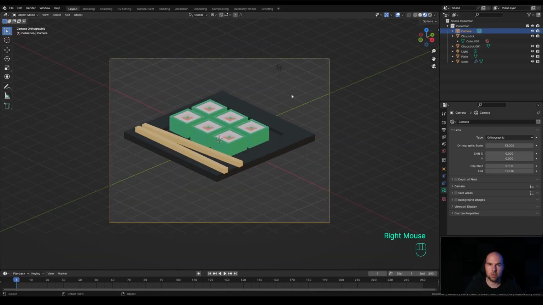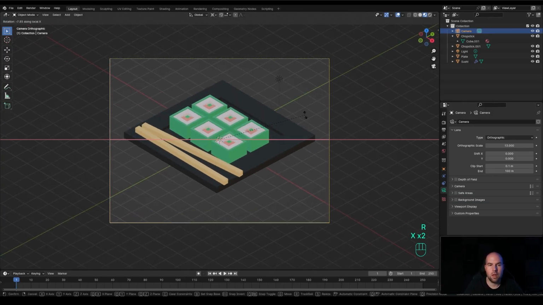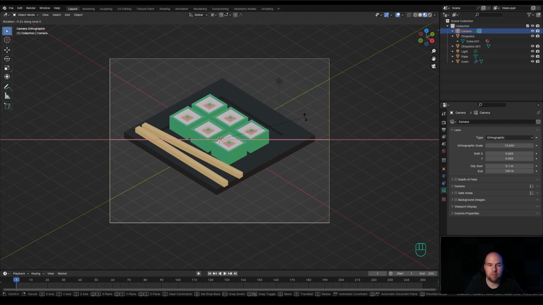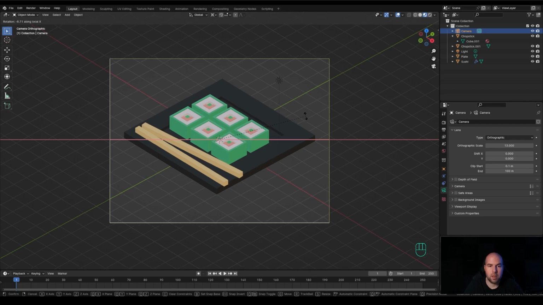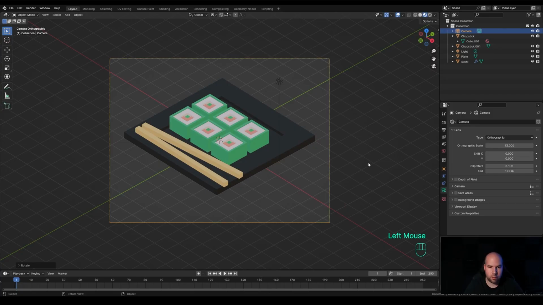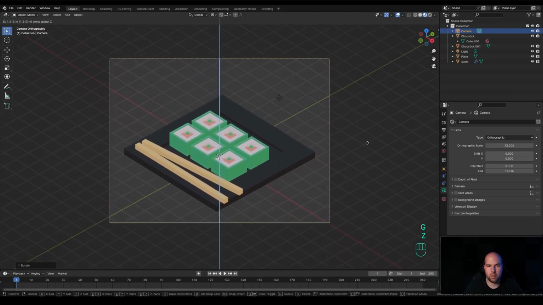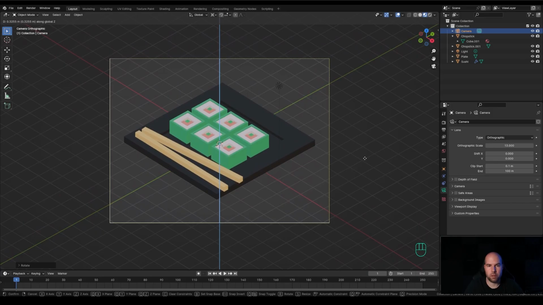So you can see how these shortcuts are an amazing way to speed up your workflow. Normally you would need to switch your origin point, you would need to go and switch to local, use the transformation and play with a bunch of gizmos. Right here I can just switch the origin point, press R then X twice and start rotating. So this is seconds saved. And if you account for that for a larger project, it will add up, trust me. So let's move it up like this so we see it from a better angle. And now you can press G then Z and move the camera up and down to position it a little bit better